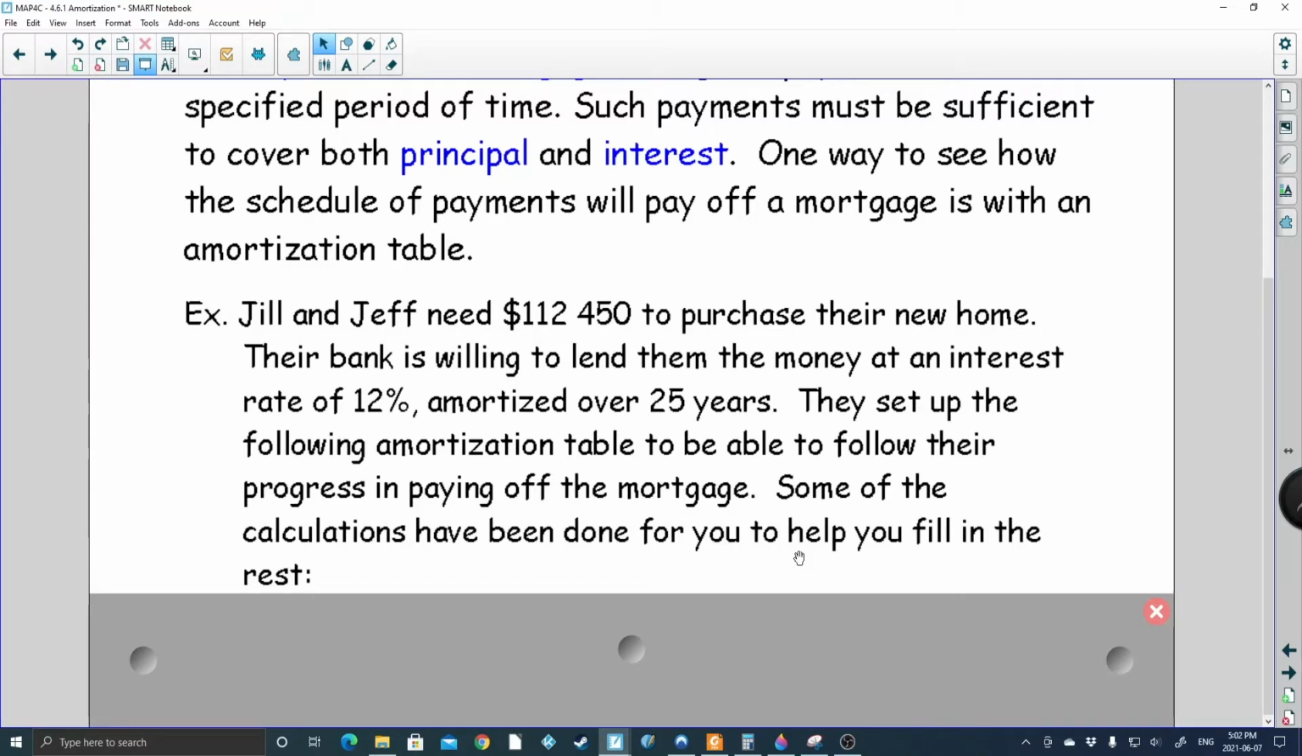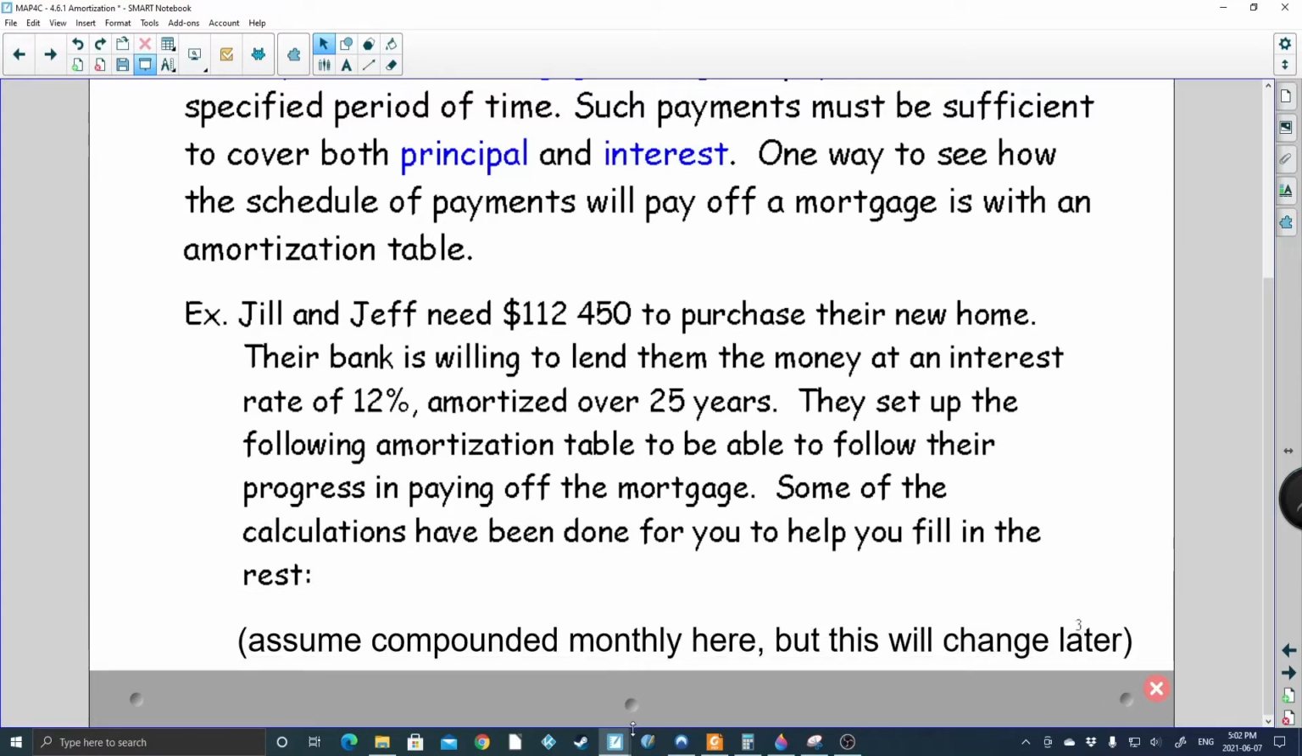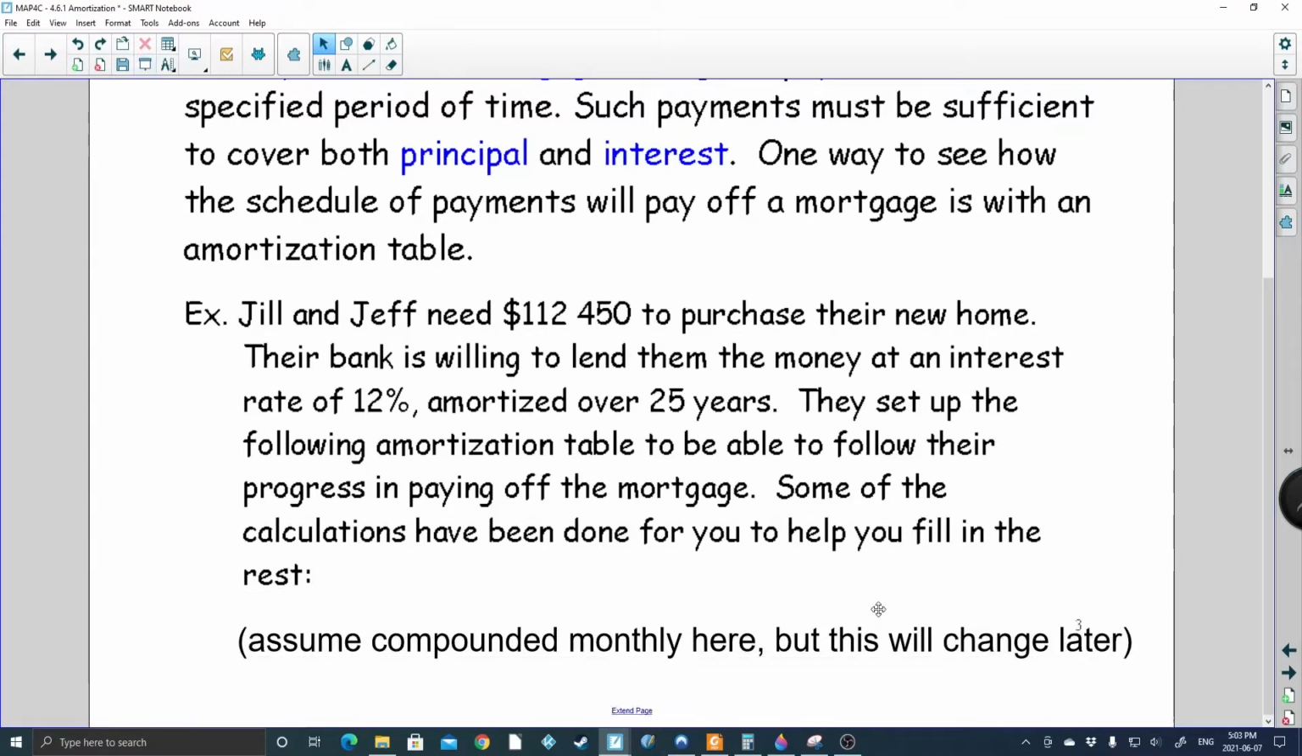Their bank is willing to lend them the money at an interest rate of 12%, amortized over 25 years. They set up the following amortization table to be able to follow their progress in paying off the mortgage. Some of the calculations, as you will see, I've started them off for you so that we can follow along. Now we're going to assume that this particular mortgage is compounded monthly and paid monthly, but that is